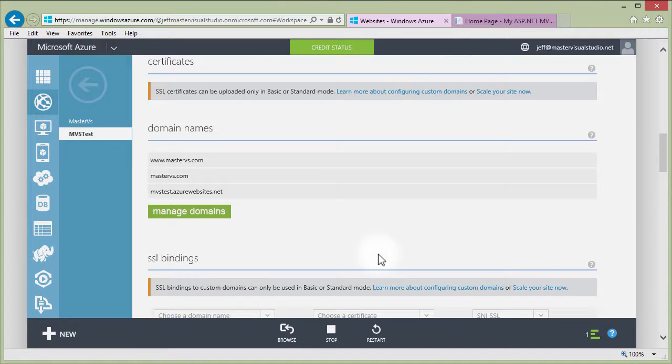Now, one other thing I want to point out here that you may run into: in this case, these went very smooth, but in some cases, you're going to think you did everything right. You're going to set up the IP address correctly. The CNAMEs are going to be set up correctly. You're going to go into Azure, and it's just going to still tell you that it can't find the records that it needs. Generally speaking, that's going to be a DNS propagation issue where the records that you've created have